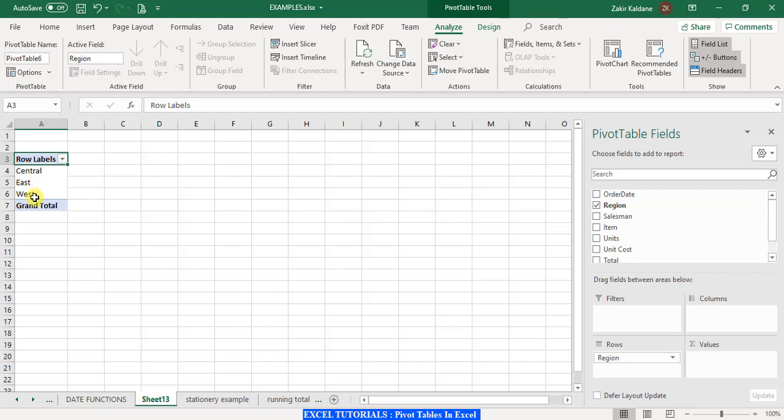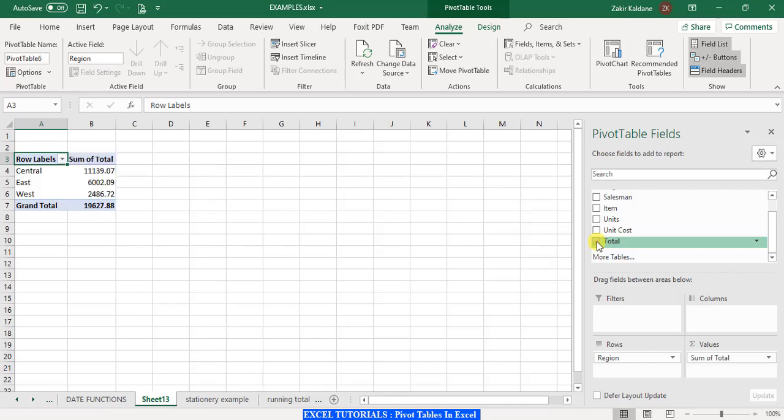It is fine for me because I want this to be in the rows, so I put it as it is. Then I want to see the sales, so I select the total sales column. Once I click over here, Excel has put it into the values area, and it has applied the function sum on the totals. It is now summarizing the data by summing up the total sales, according to the